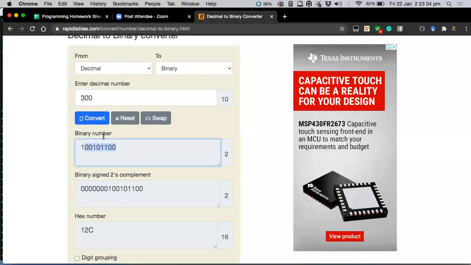Actually, the thing is the same here, but it is just printed in the reverse way. So this is the LSB here. So you have to read this number from this side. So it is 0, 1. It is bit 0, bit 1, bit 2, bit 3, bit 4, bit 5, bit 6, bit 7, bit 8. Do you get it?